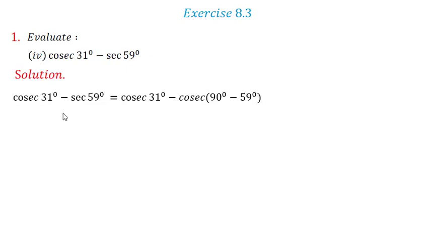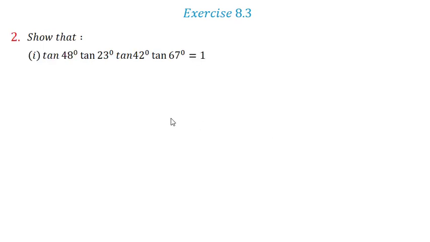Cosec and sec, here you can convert this sec 59 degree into cosec. So you will get cosec 31 degree minus cosec 31 degree. Final answer is 0. Now here we have to prove that tan 48 degree into